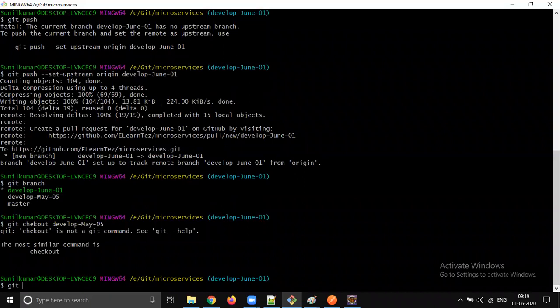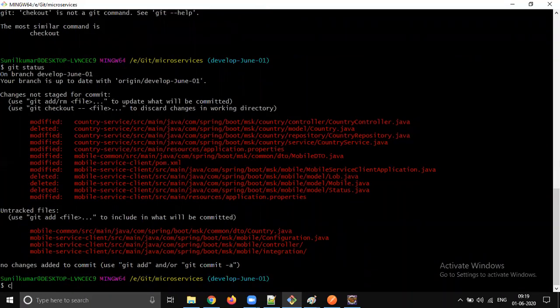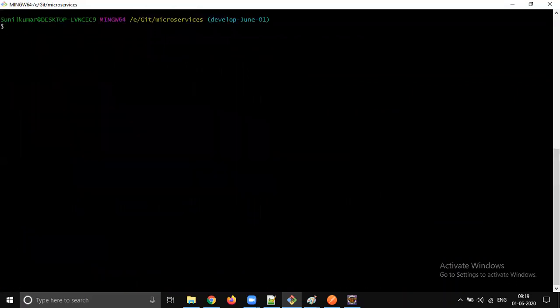Okay, thank God. There are a couple of changes I made, I believe. So before that, let me stash those changes. Git stash, like temporarily we are parking those changes.